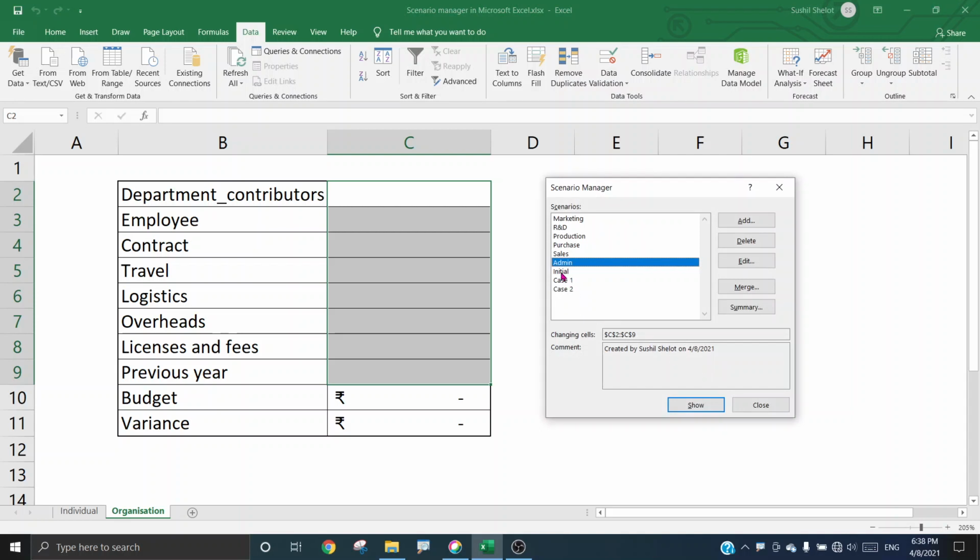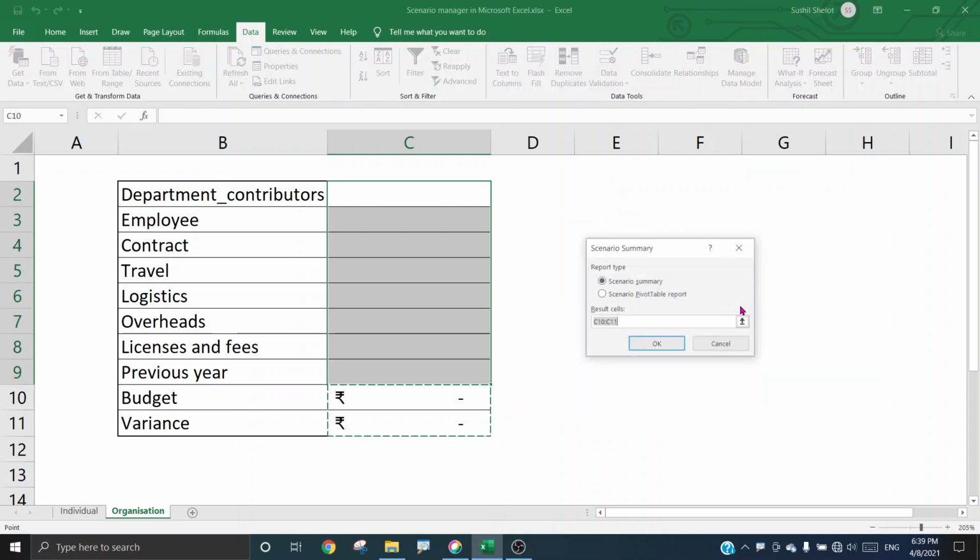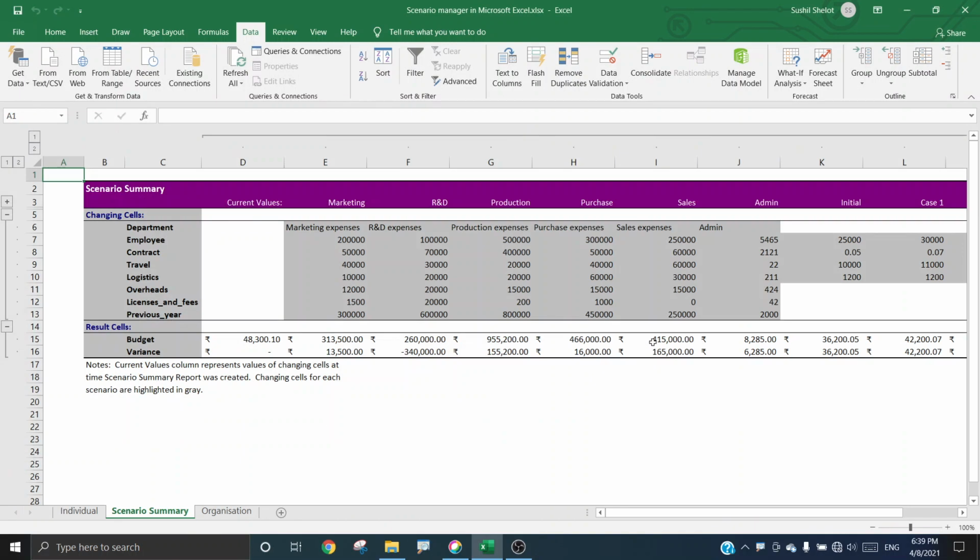You can see now the initial case 1 and case 2 appear in this list of scenarios. So friends, if at all there are scenarios which are common to multiple tabs in a given worksheet, one can choose to just merge the scenarios so that it will save effort for the creator to recreate these scenarios. So once these scenarios are created or merged, and then as I go to summary and create summary, it will give me summary in this form.